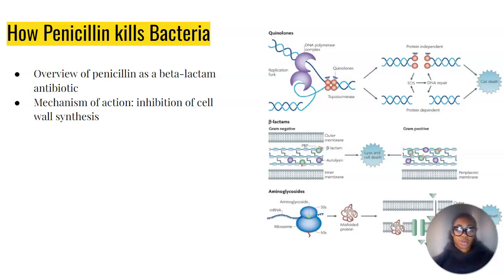Without a robust cell wall to maintain its shape and integrity, the bacterium is unable to withstand osmotic pressure and undergoes lysis. In essence, penicillin disrupts bacterial cell wall synthesis, ultimately leading to destruction of the bacterial cell. This mechanism of action highlights the precision with which antibiotics like penicillin target specific bacterial processes, making them indispensable tools